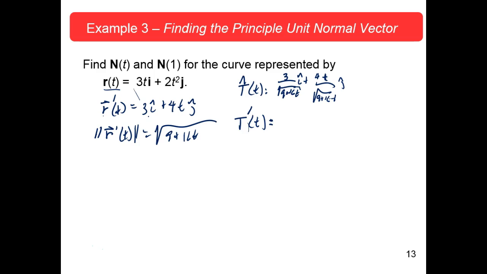If you don't mind, I would just about as soon use the product rule and write this as 3 times 9 plus 16t squared to the minus 1/2 power, i, plus